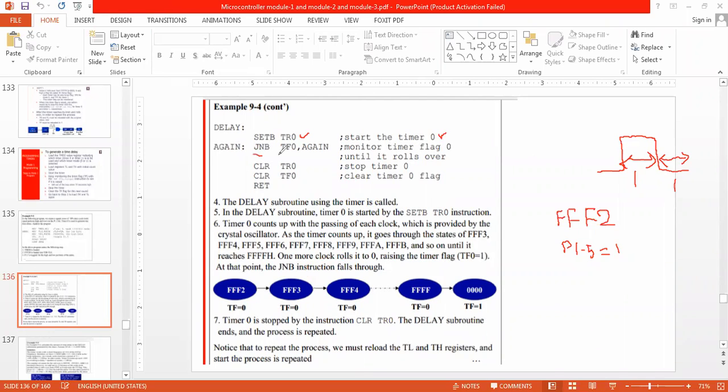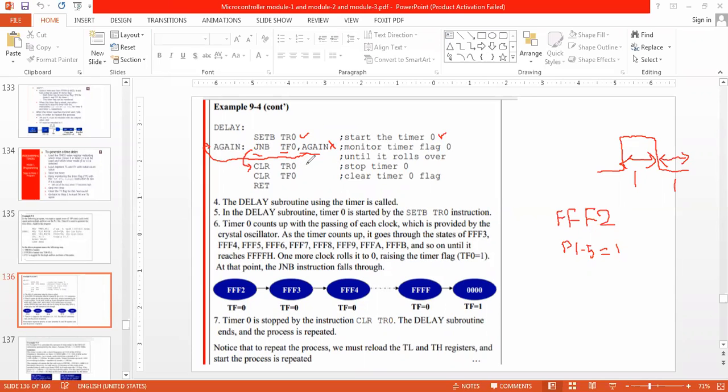So JNB TF0, again. Where is again? Again is here only. So this is continuously executing until when? Until the timer 0 TF0 flag is 0. When it goes 1, then this instruction will not be executed. We will come out from the loop.